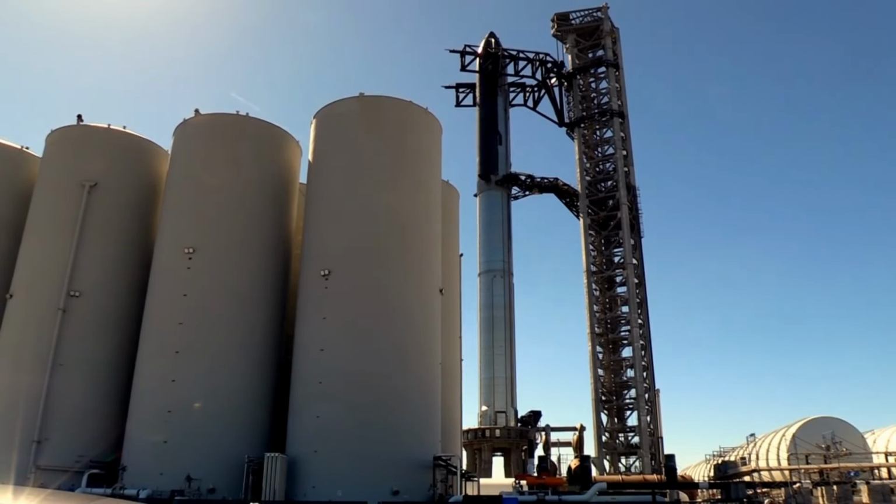The Block 2 design implemented in Flight 10 has a 25% increase in propellant capacity compared to earlier configurations. This increase comes not from larger tanks, but from improved packaging efficiency and reduced structural mass. The use of advanced manufacturing techniques, including friction stir welding and automated fiber placement, has enabled thinner wall sections while